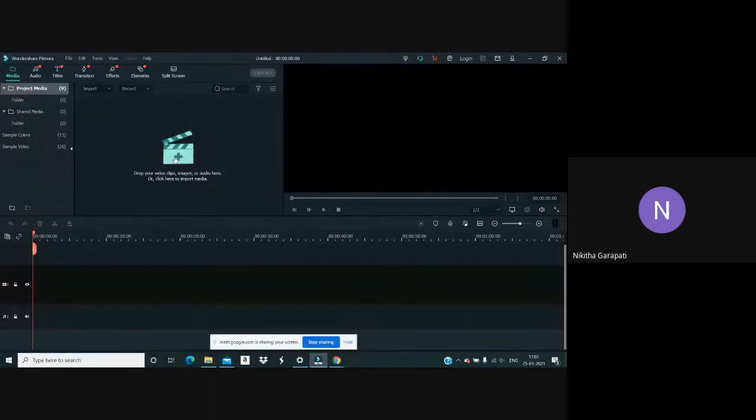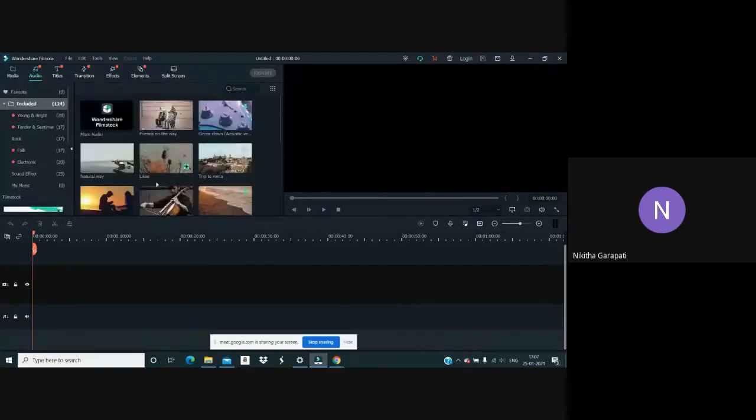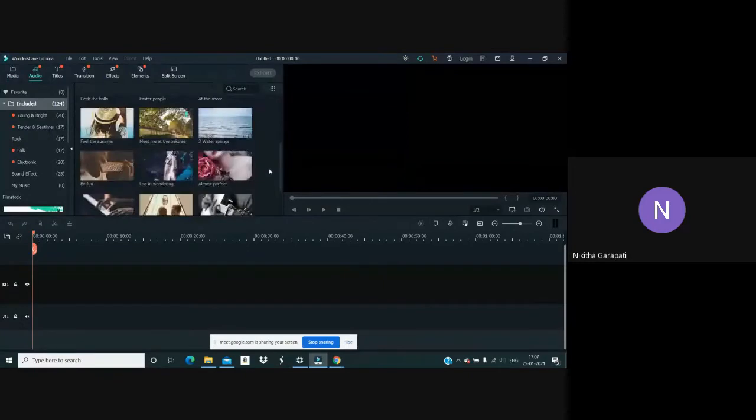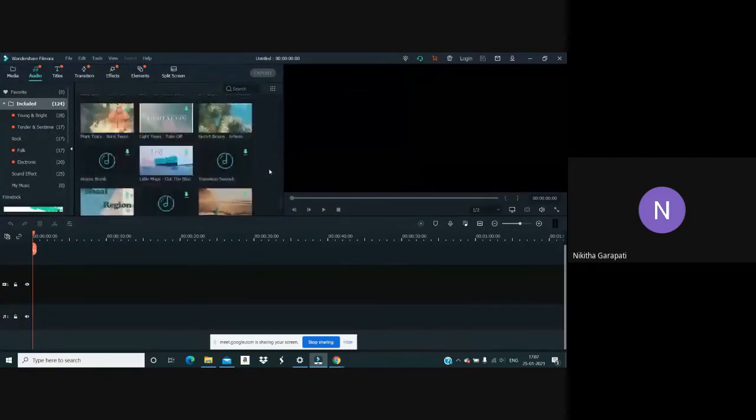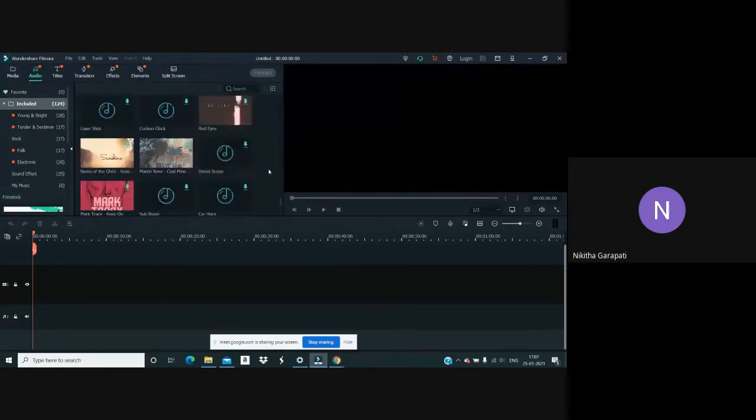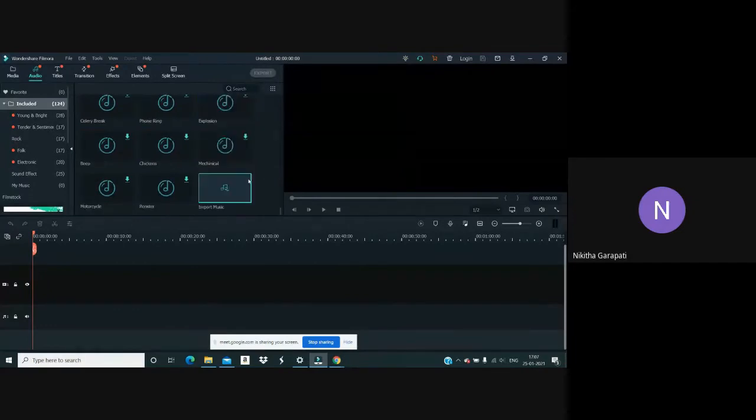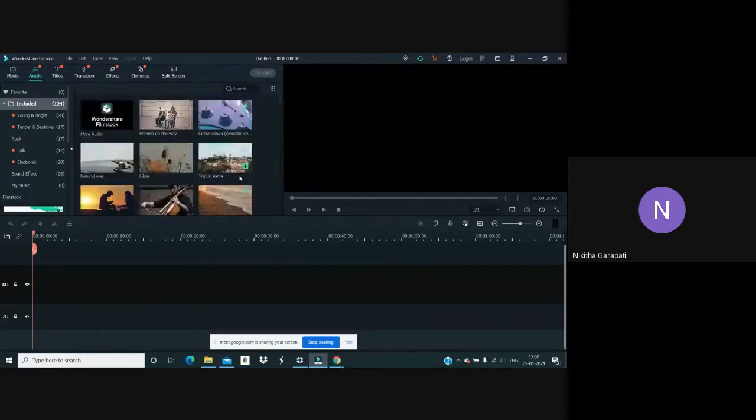You can import them directly from your device, and everything that is imported here can be used in the editing. Next comes the audio tab. So this is your audio library. There are already a lot of built-in audio tracks. You can use them according to your requirements.